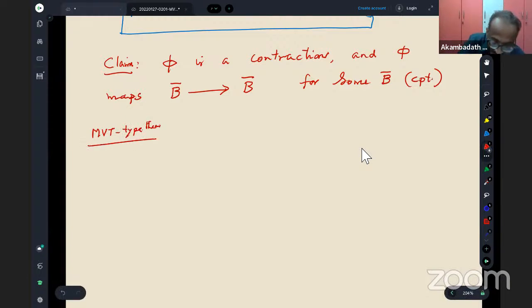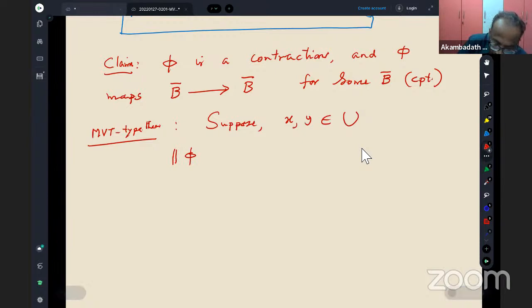So what it says is that suppose x, y belong to U and the norm of